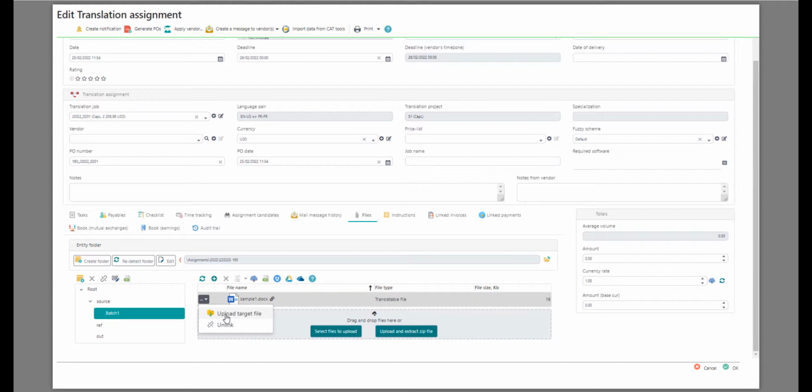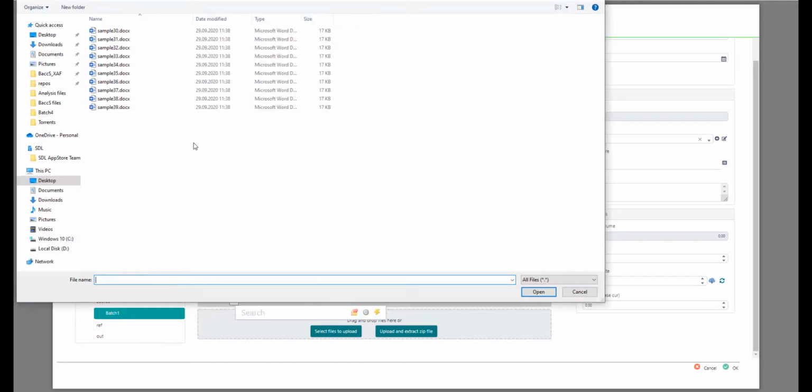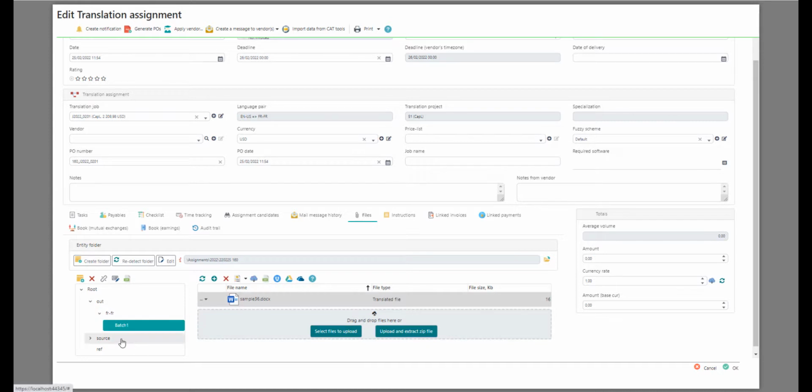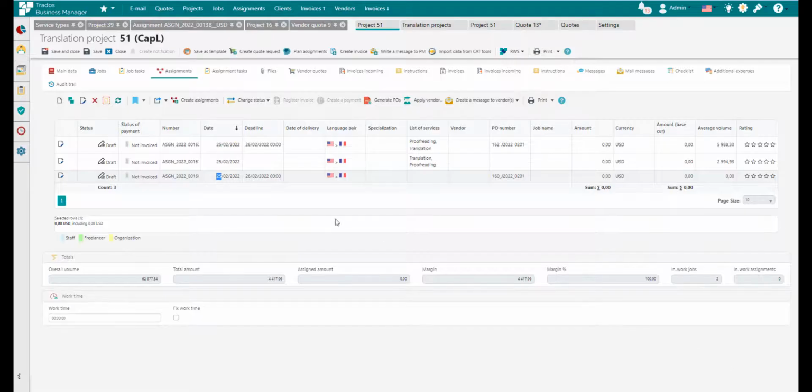Target file can be uploaded also from the vendor portal. Behavior will be the same, but let's use context menu, upload target file, select one, and under out folder we can find our file. Now let's click OK, and assignment has a single target file. Now let's return to